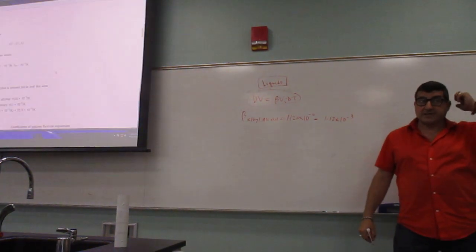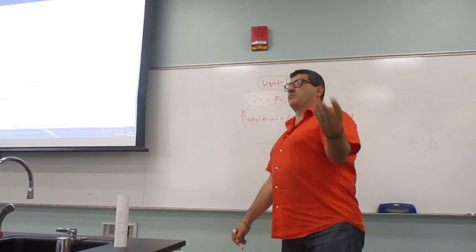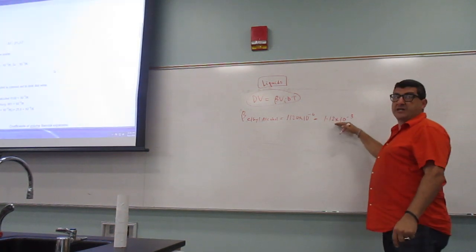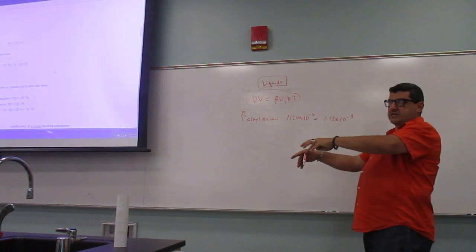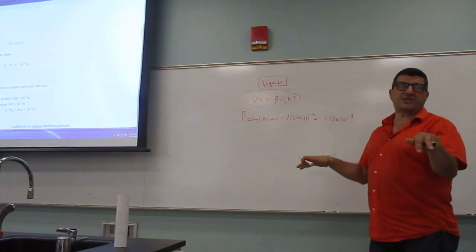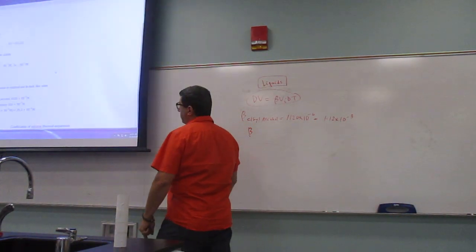See, that's bigger than the solids, right? Remember, solids were 10 to the minus 6. And even if you multiply them by 3, it's still 10 to the minus 6. So a liquid responds more to a change in temperature, which makes sense because liquids are less loosely attached to each other, you see. And then beta of mercury,